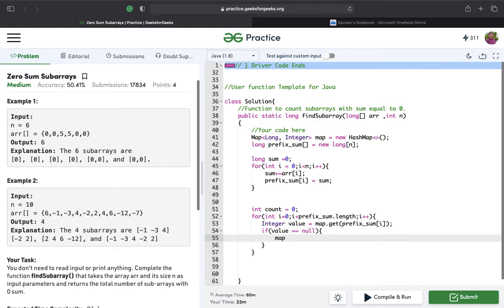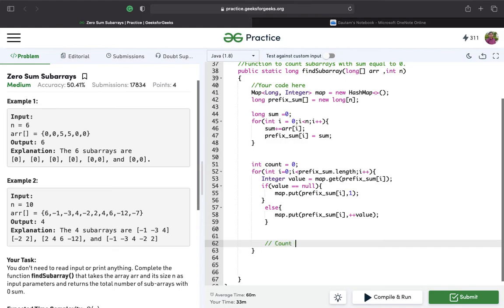So map dot put. First of all, we'll add that value to the map by prefix sum, and we'll add 1 to it. The value of that key will be 1 initially, and if it is already present in the map, we'll just increment the count, that is the value basically. So we'll do plus plus value. I've done pre-increment because if we do post increment, that wouldn't give us our results.